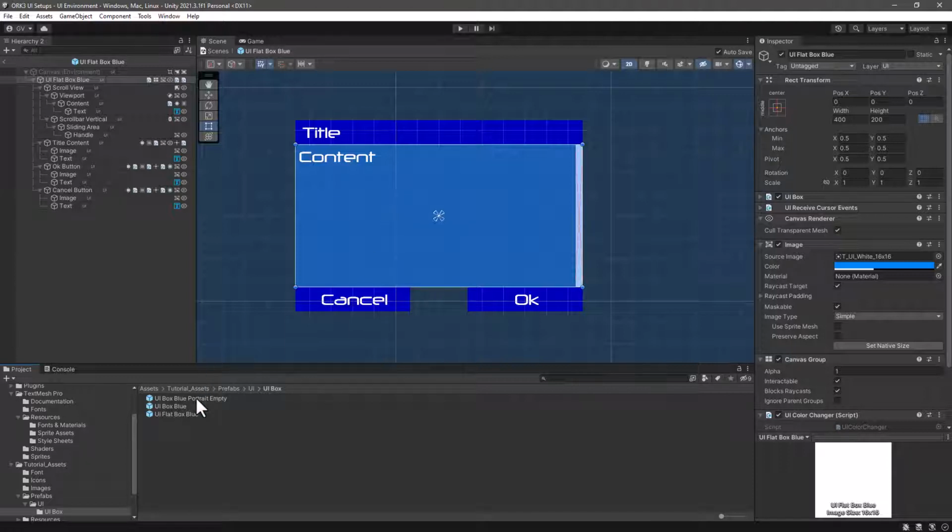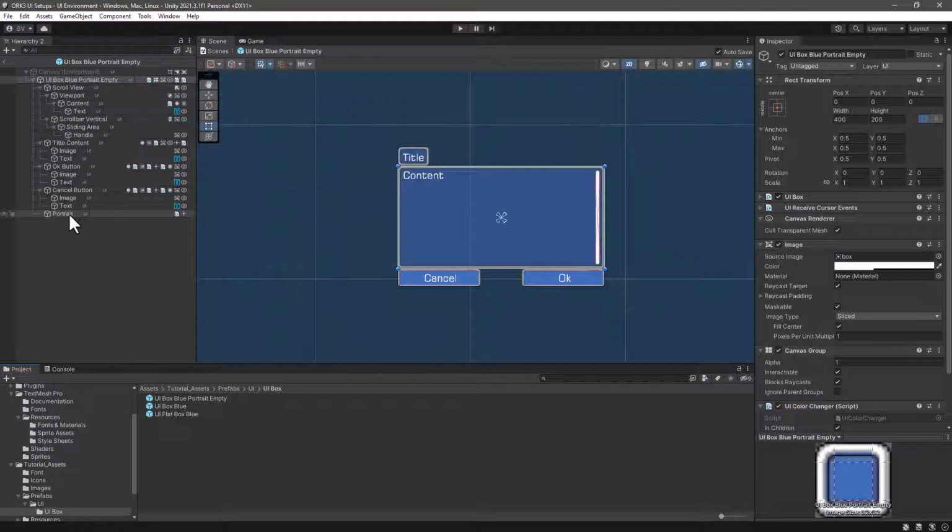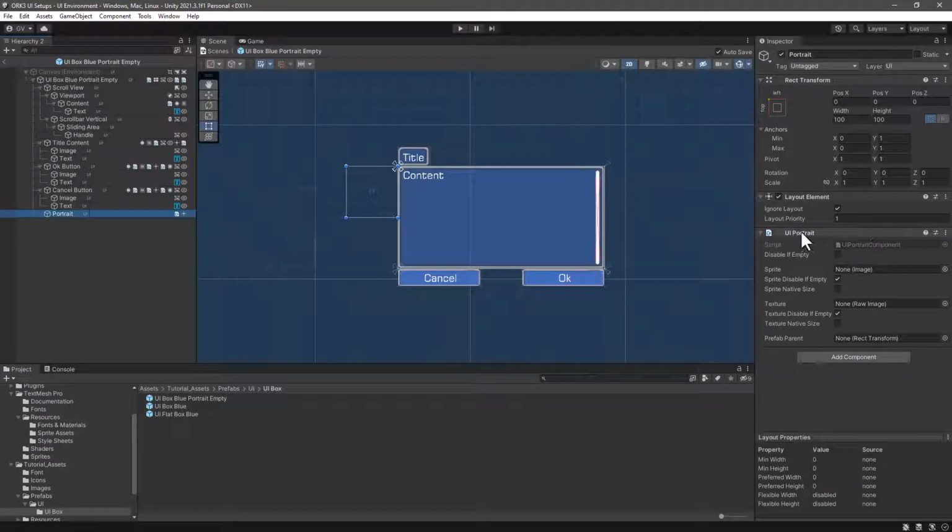But let's continue with the portrait. So this component has a UI portrait. At some point you may want to combine a sprite portrait or a texture portrait or your own prefab, and it's just a matter to